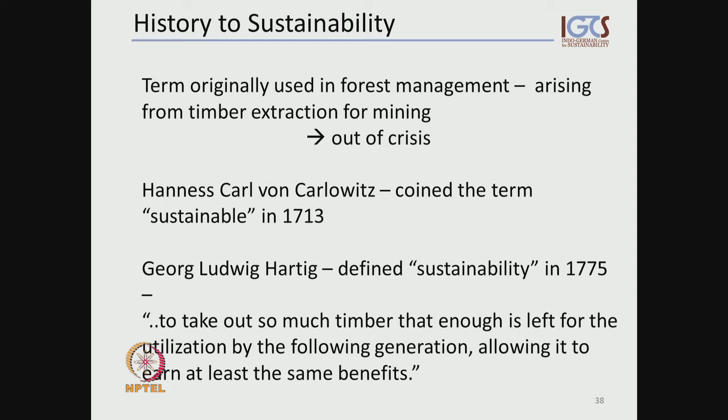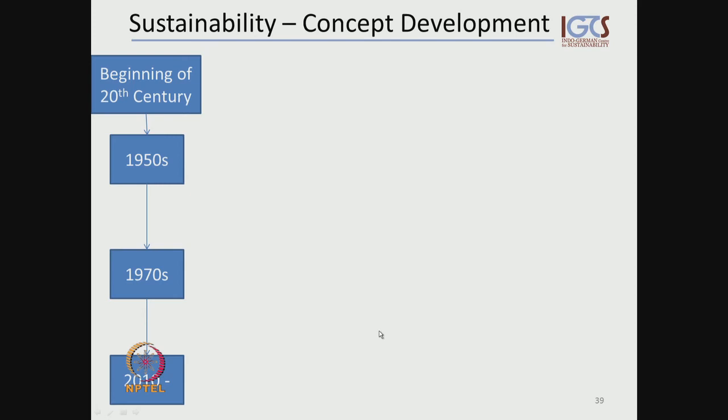And the first definition, if we want to call it that, of sustainability was spelled out and documented at that time, which essentially corresponds to what we heard earlier from the Brundtland report. So this already looks at not just giving somebody a benefit today, allowing that person or society to make a profit today, but allowing future generations to earn at least the same benefits from it. So this was with regard to timber production and forest management at that time.